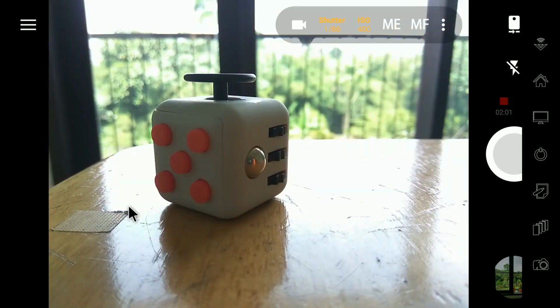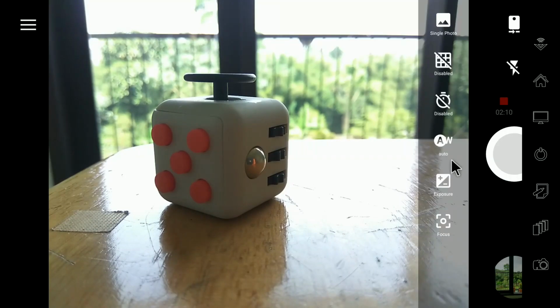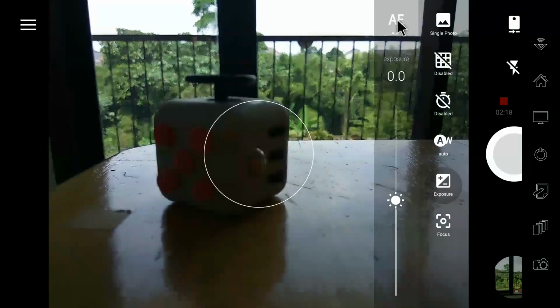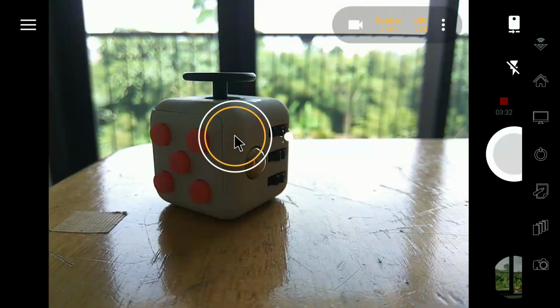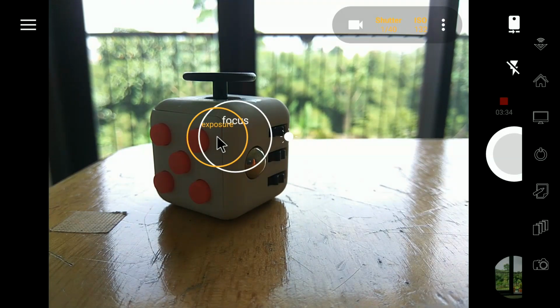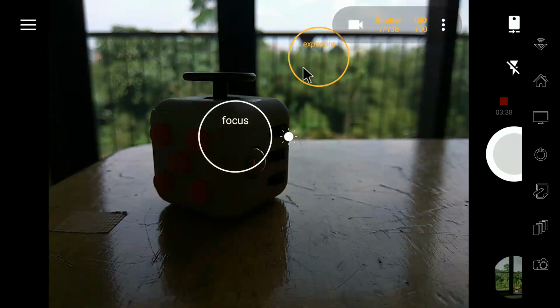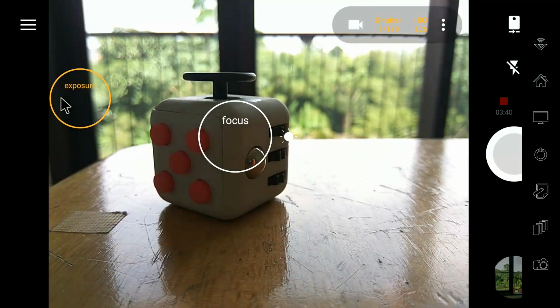I also really like the ability to change the autofocus and exposure separately. Let's set all to auto first. We just need to click on the object, then we can drag the focus circle and exposure circle separately. As we can see, if we drag the exposure circle to a bright place, it will make the image darker.